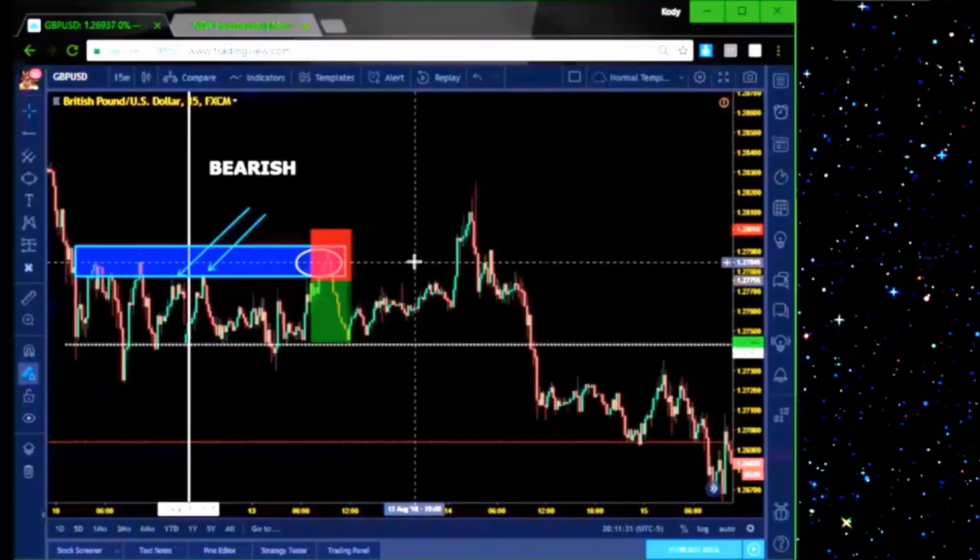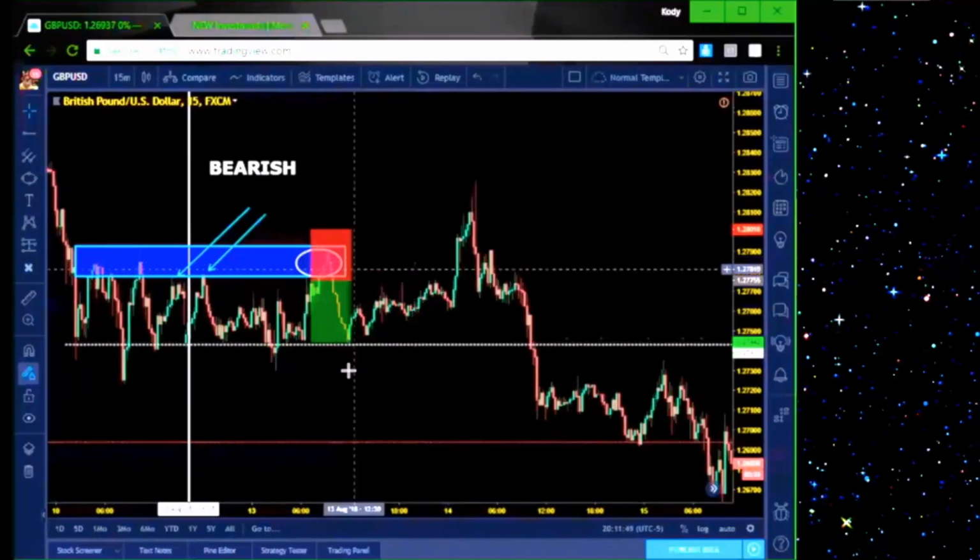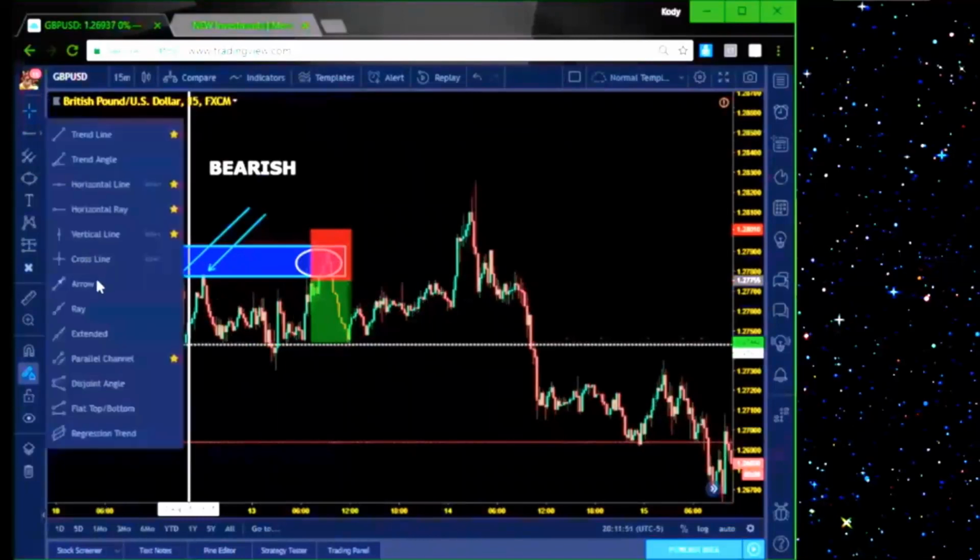Kind of one of those things where, if you did not have that support level marked and you weren't targeting it, you may not have gotten a great exit on that. You may have even lost the trade. So that was the first trade opportunity of the week. Now, once price got down here,